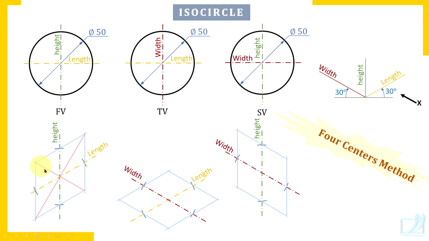Just join diagonally opposite corners, you will get a longer diagonal and a shorter diagonal. Now join one end of the shorter diagonal with the midpoint of the opposite edges. Try to understand now clearly here. Check here. I have joined this one end of the shorter diagonal with the midpoint of the opposite edge. Similarly, the midpoint of the other opposite edge. So such two lines you will be able to draw.